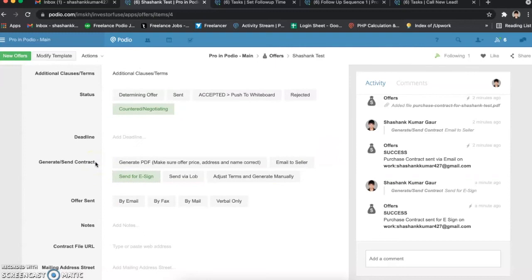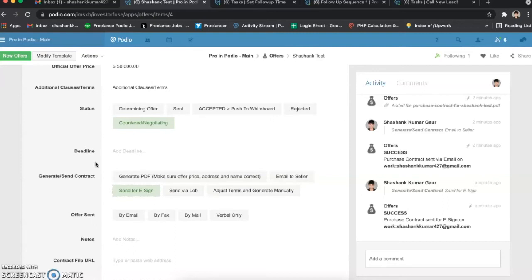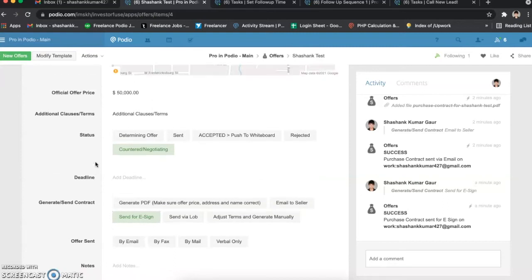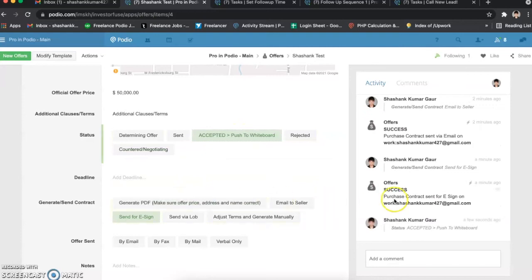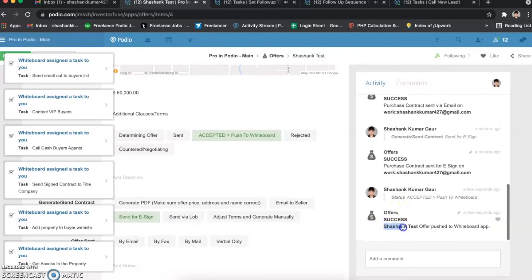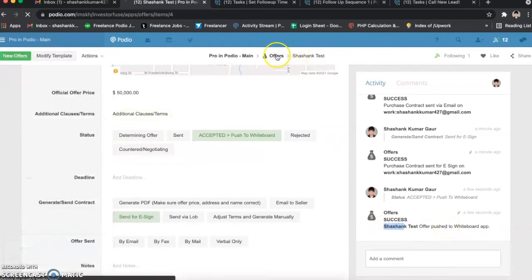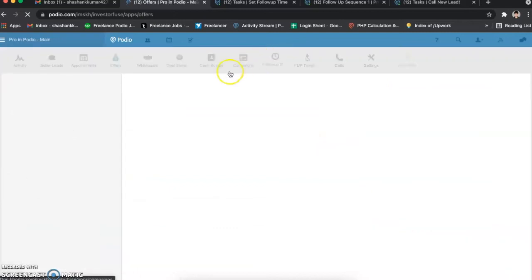And the contract is done, your seller has already signed the contract and everything is good. Now it's time to close the deal. For that, what you have to do is just click on this accepted push to offers button, push to whiteboard button. Once you click on that, here you can see that Shashank test offer has been pushed to the whiteboard app. And if we go there,